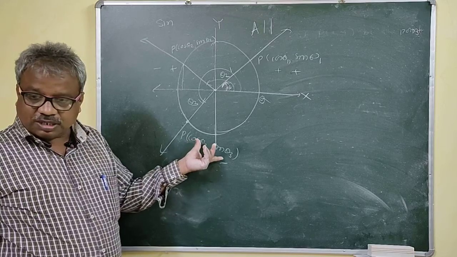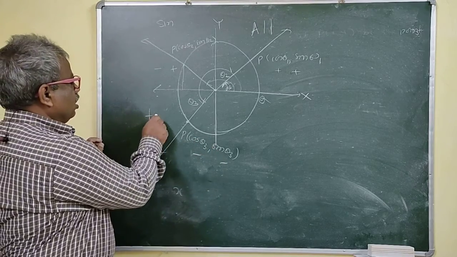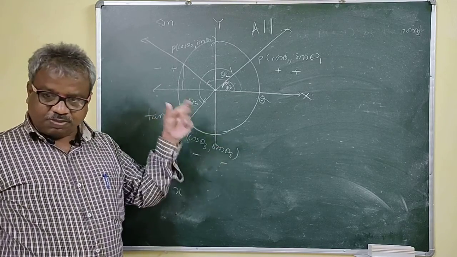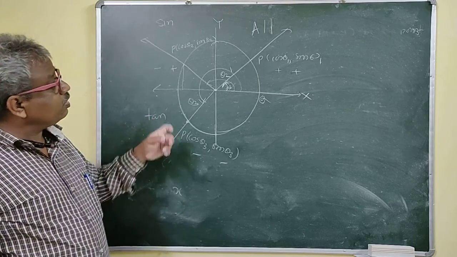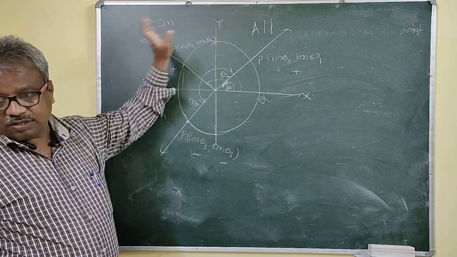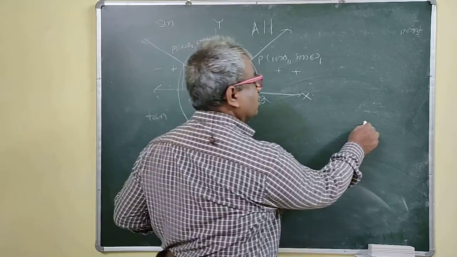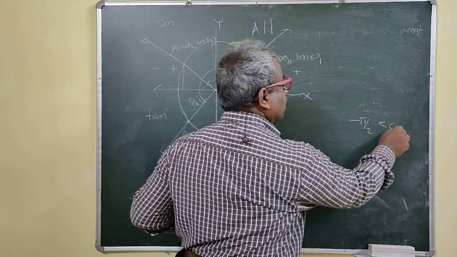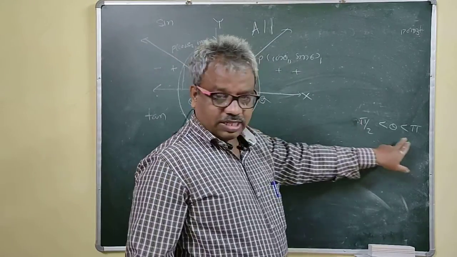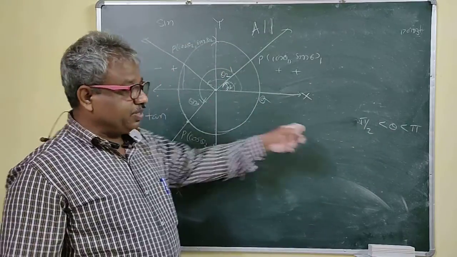Right? That means which one is positive here? Tan will be positive, because tan is nothing but a ratio of these. So here your tan is positive. The value of tan theta is positive if your theta is in the third quadrant. Now if your theta is in the second quadrant, then your tan is negative. Only sine is positive, and your value of cos will be negative. So suppose we have the relation pi by 2 less than theta less than pi. Then you have been given theta, and theta is in the second quadrant.